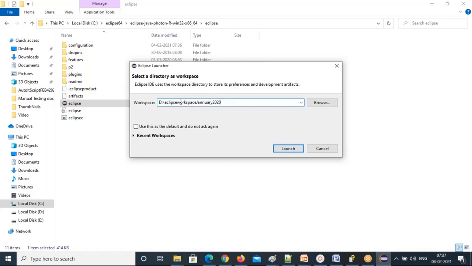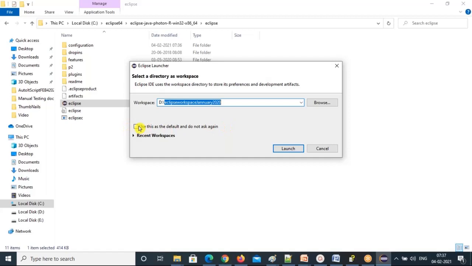So any name you can give, D:/ or C:/ Eclipse workspace. You just give the name simple, so that it will be easy to remember. So that means you can understand all your programs will be under this. If tomorrow your Eclipse crashes also, your programs will be available under this D or C drive, whatever the folder location you are giving. In this folder location, all your Eclipse programs will be stored with a project hierarchy. I'll show you that project hierarchy.